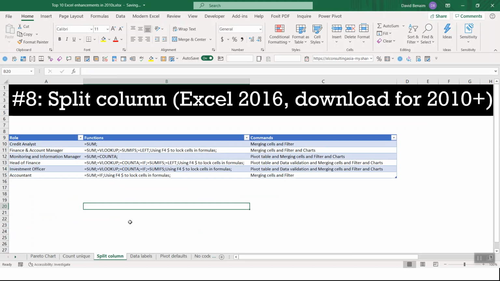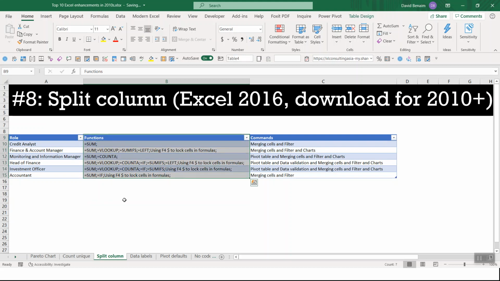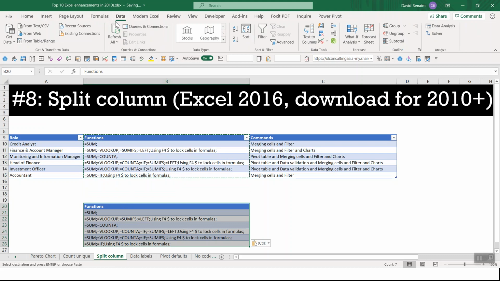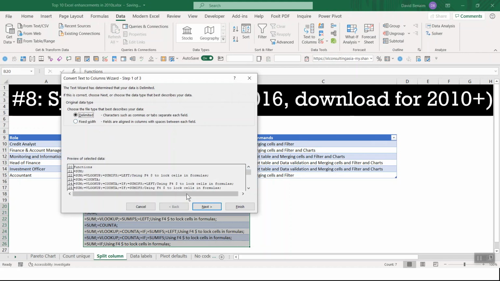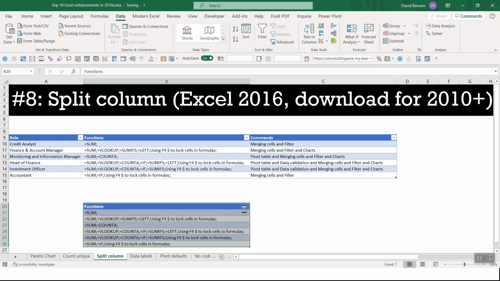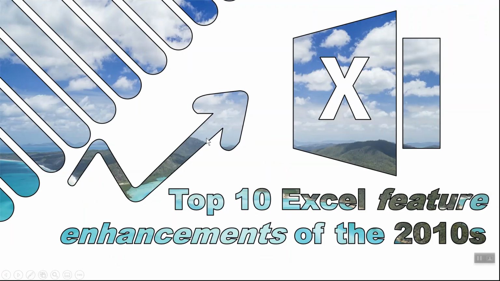Number 8, split column. Now, some of the Excel people might know that you have a feature that's existed for a long time that's called text to column. So I could say that I want to split it with a semicolon, click finish, and then it splits it in different columns according to that. But that is a little bit limited because